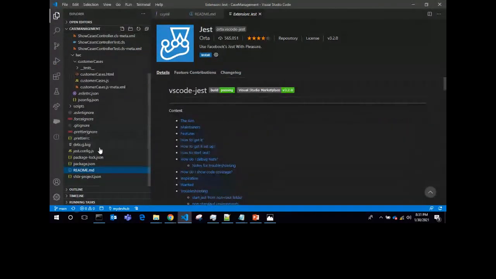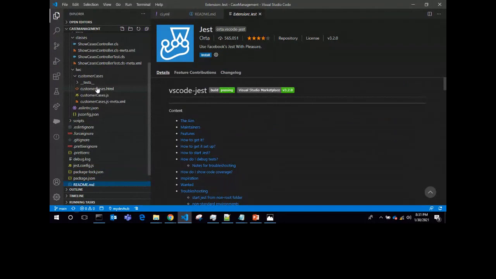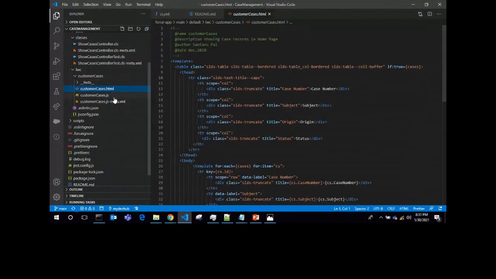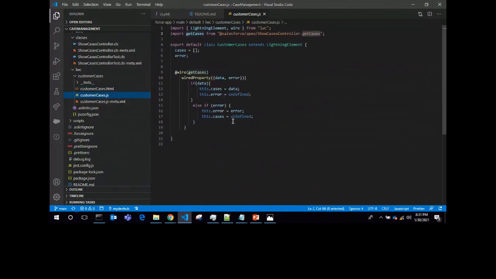And if I go to the file in the LWC, this is my LWC and the customer cases.js file. Now for this I have to write a script here. As per Salesforce basic principles, you have to create a tests folder inside your Lightning Web Component folder. I have created the tests folder, and under it I have created the data folder where I have to mention the test data, the client side script.